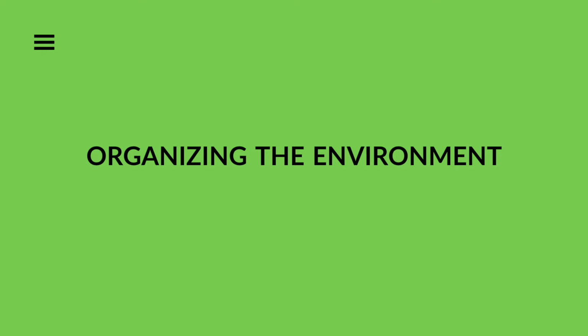Let's talk about organizing the environment, the second important topic of this video. First of all, you have to decide if you want to record your video with or without a green screen. If you are not using the green screen and if you are recording your video outside a closed environment, there is no need for any illumination kit. You can use natural light, and to be honest, it is the best light for a video.